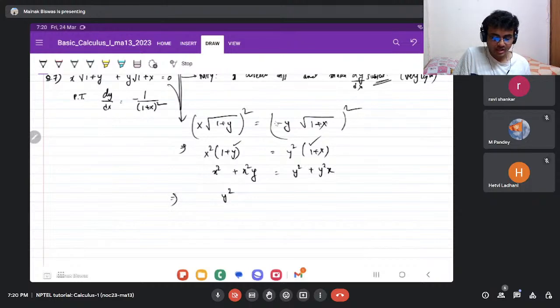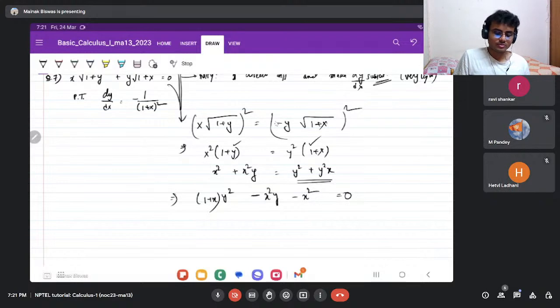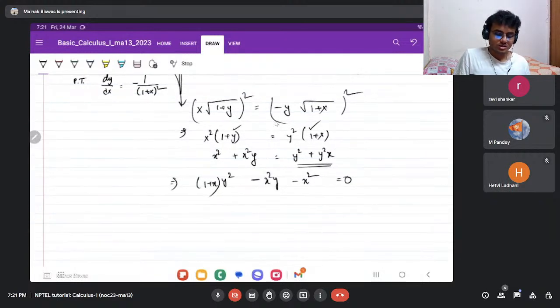This will give me y square, or rather this will remain y square into 1 plus x. This is going to be the same, minus x square y minus x square, right? This will be equal to 0. Understood? Now I can solve for y, right? From the Sridharacharya formula, I would get a variable separated form, right? Yes, sir. So I'll get x square plus minus